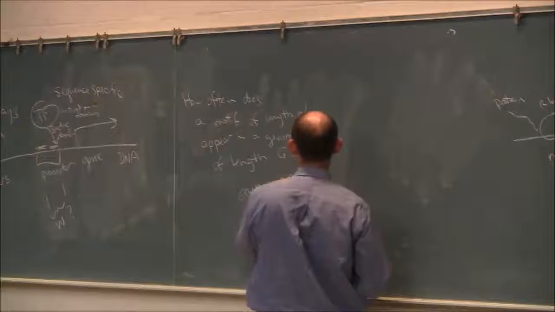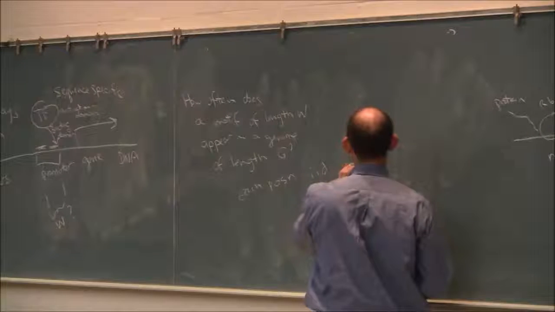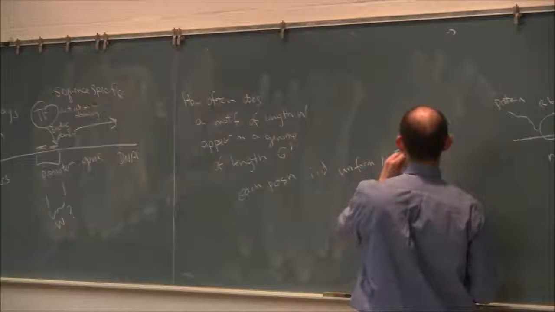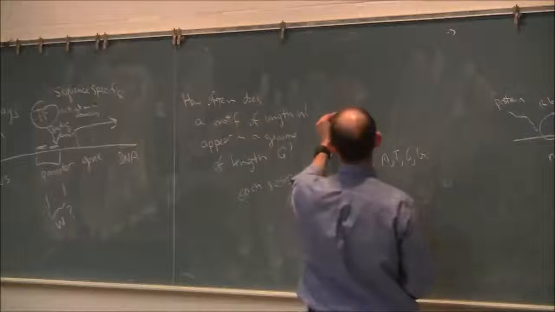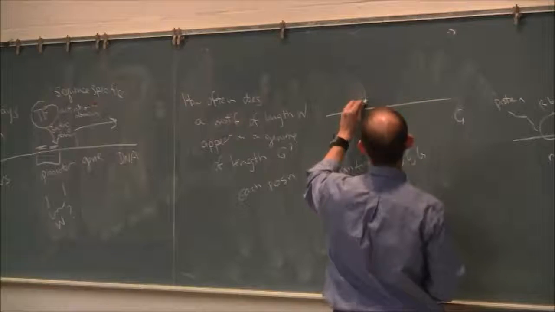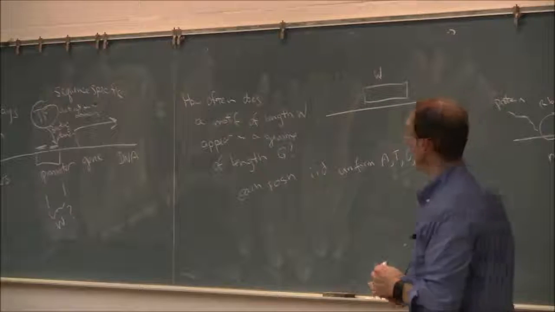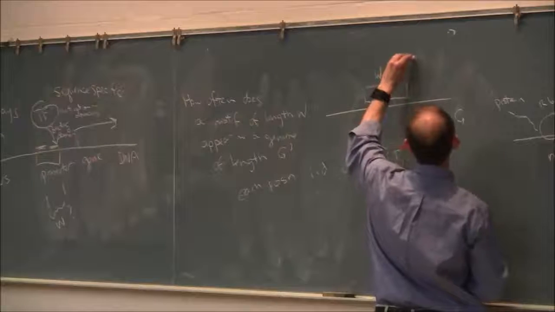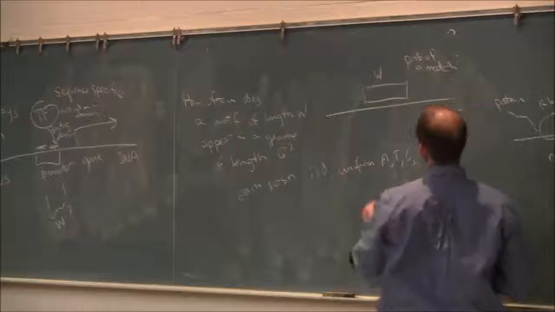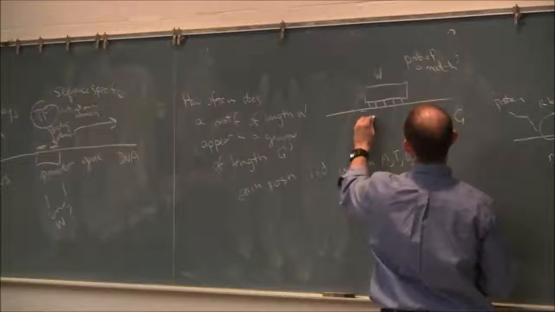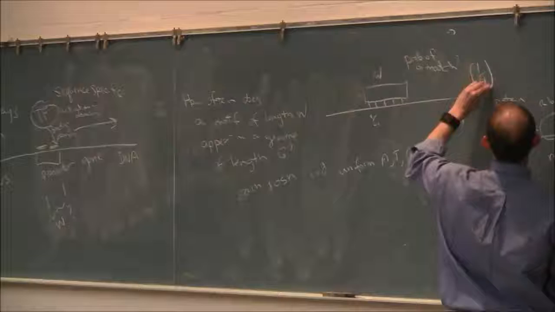So each position is identically, independently distributed, uniform A, T, C, or G. Now we have our big genome G, and we're going to lay down our motif of length W, and ask, what is our probability of a match? Our probability of a match is, for each position in W, 1/4, and since they're all independent, it's 1/4 to the W.